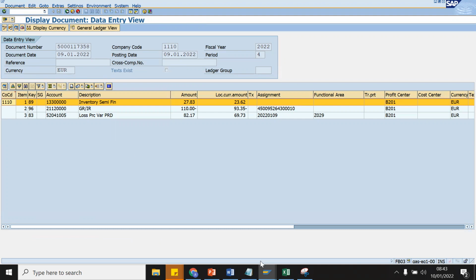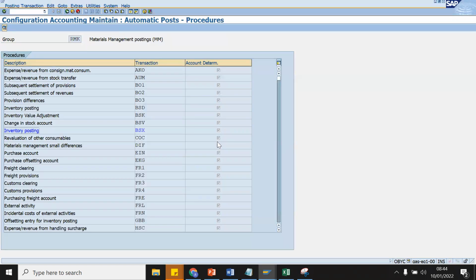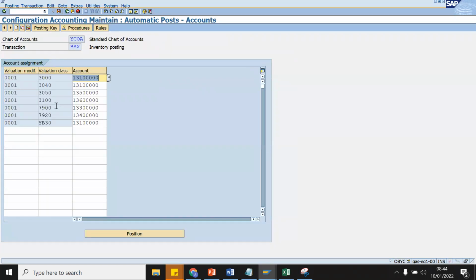Now this is what we assigned in the configuration here, which I've just shown you. So this is the whole